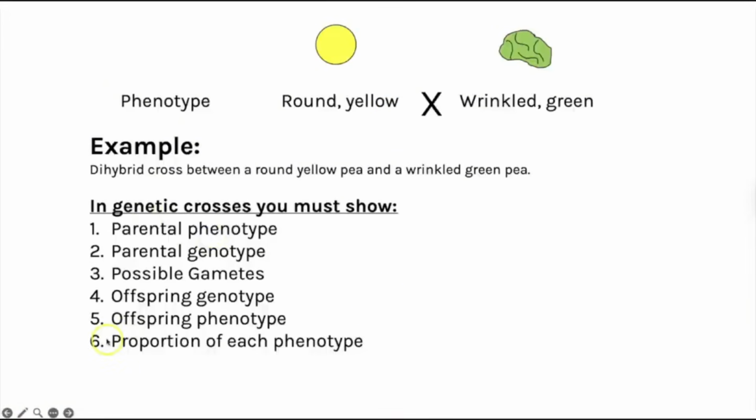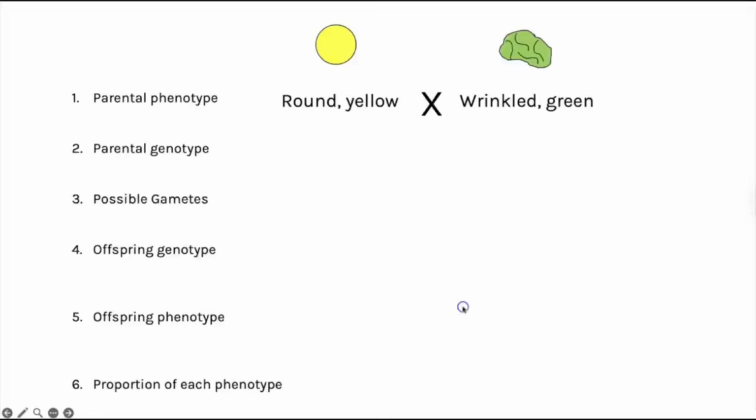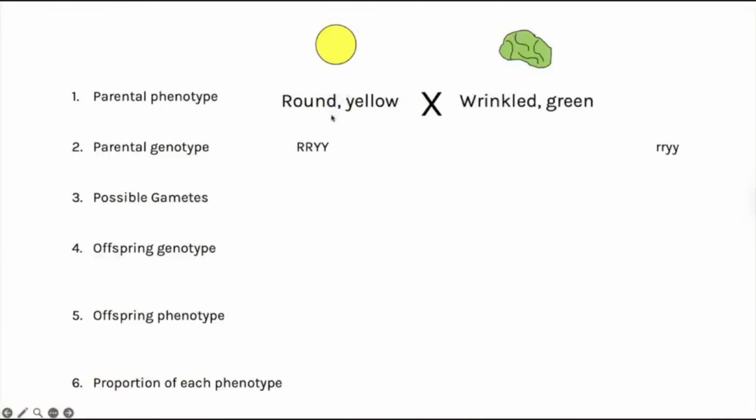And with all genetic crosses, we need to have the parent's phenotype, the parent's genotype, the possible gametes the parents could make, the offspring genotype, the offspring phenotype, and then the proportion of each phenotype. Sometimes 1 and 2 might be given to you, sometimes they aren't. So for this one, the genotypes, you would need to have information to know this,